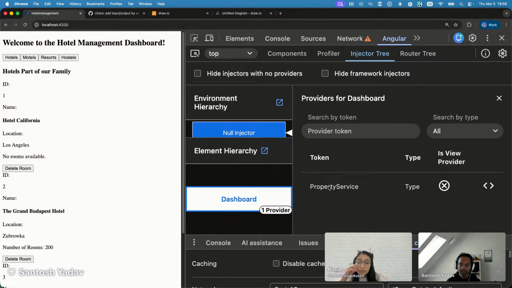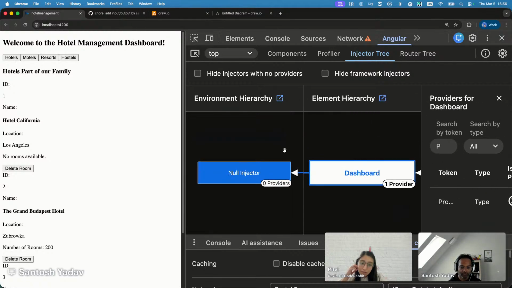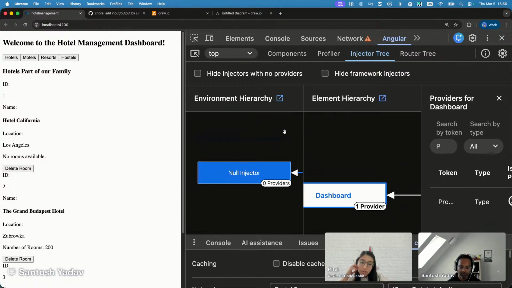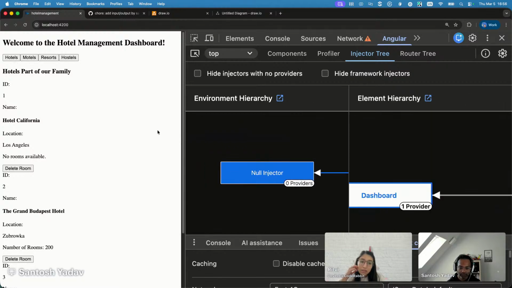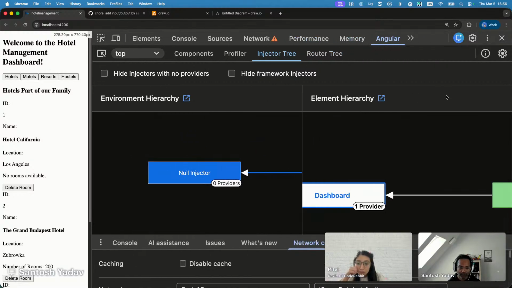I can do as many as I want, but in this case, we have one. And figure this out. The Angular Devtools is amazing. You can just actually see everything here. And if I go back to environment hierarchy, okay, let's